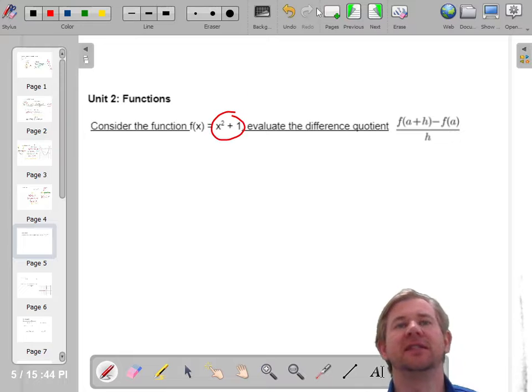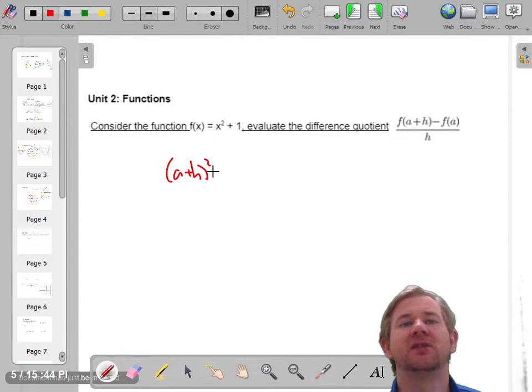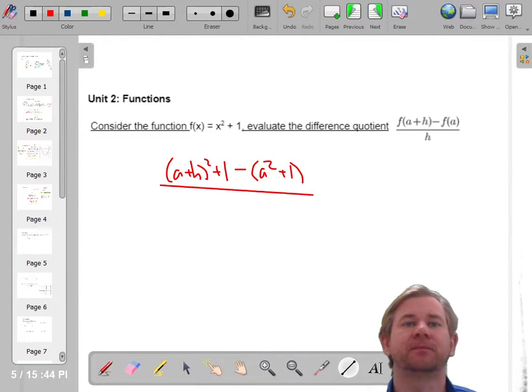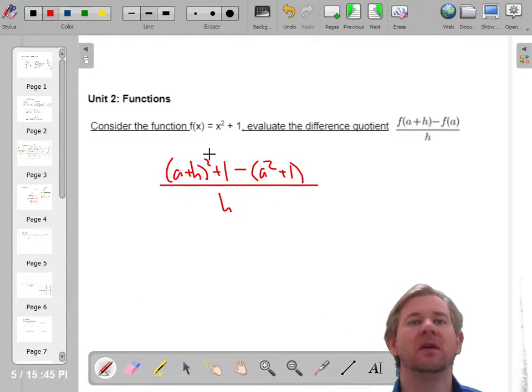So the first thing that says x squared plus 1, I'm going to do a plus h squared plus 1. And then it says minus f of a, which would be a squared plus 1. And the whole thing is over h. So when you FOIL,